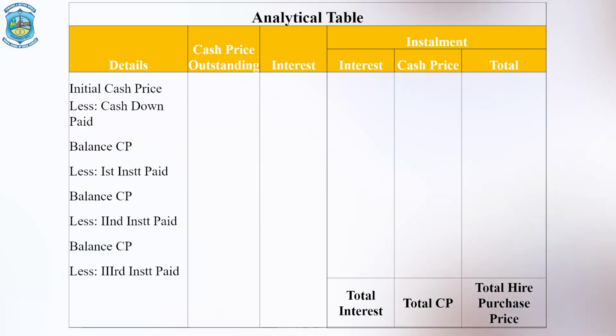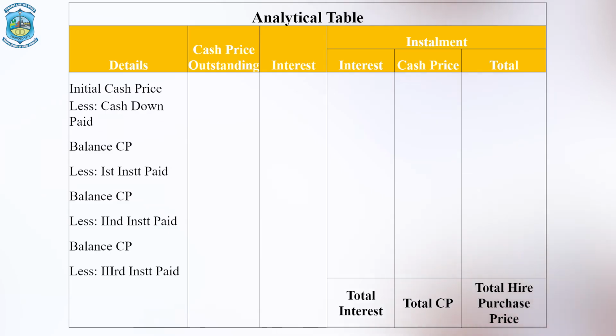Alright, for the ease of understanding, let us prepare this particular 6-columnar table. Now this 6-columnar table, I am telling you, is going to help you in all sorts of questions given in this chapter and also in the next chapter as well, that is the installment payment system. So please try to understand and concentrate on how to prepare this table as a working note to either calculate cash price or to calculate hire purchase price of each installment, and what amount is to be calculated for each installment, whether for journal entries or for the preparation of ledger accounts.